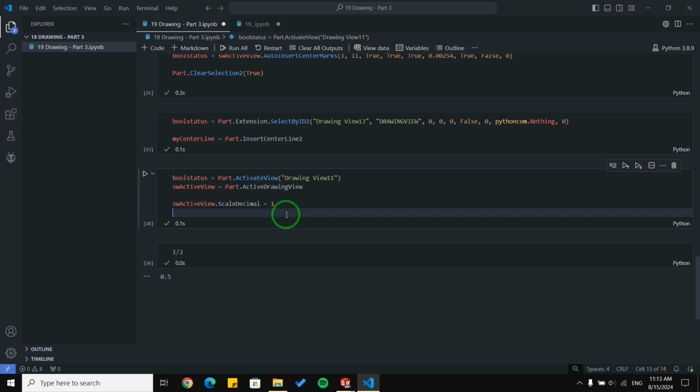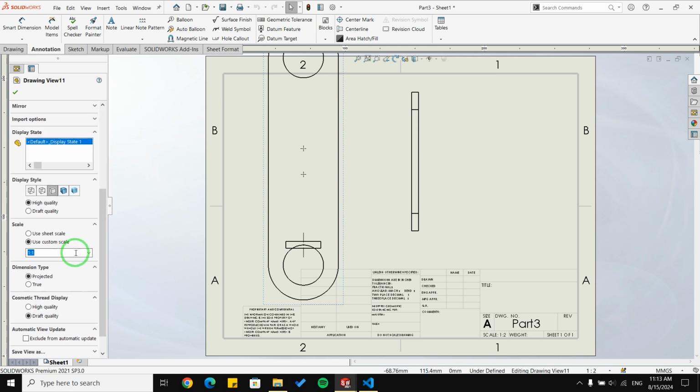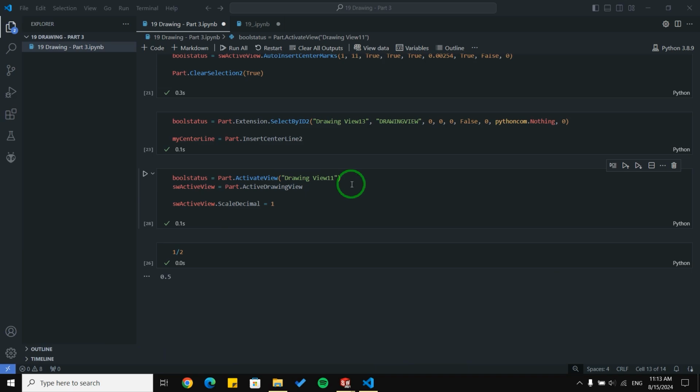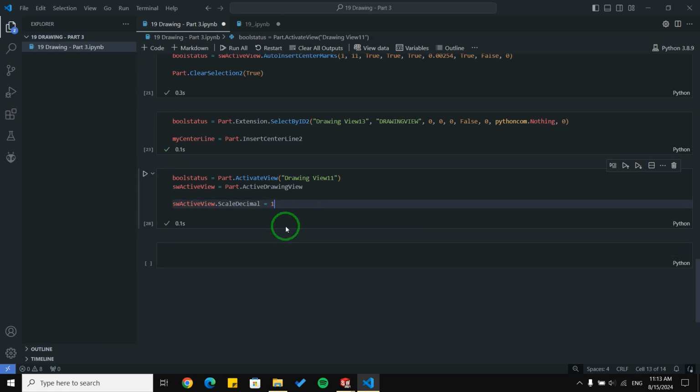Okay, let me change it to 1 to 2, and let's talk about the last thing we want to cover.